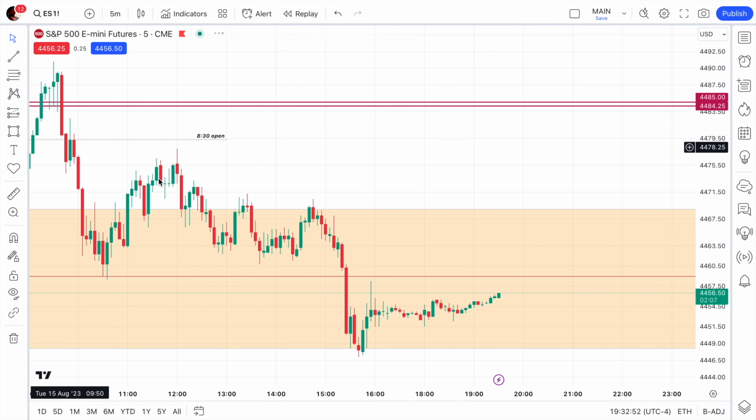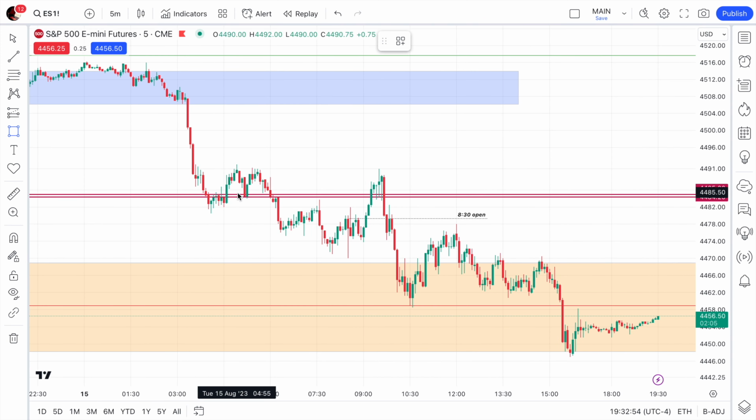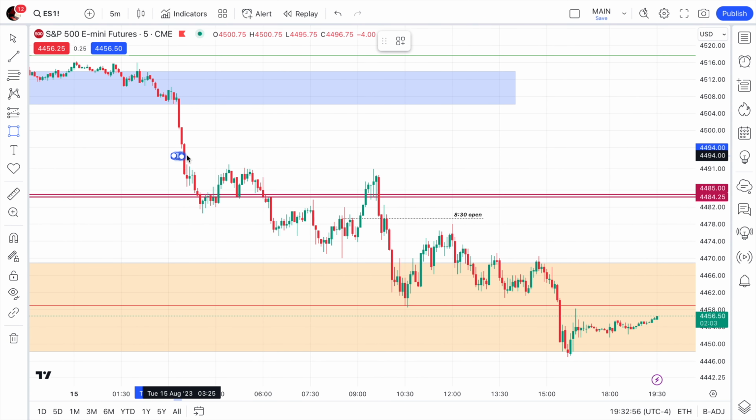So back down to the 5-minute time frame. You see we have a 5-minute shift in market structure after the 9:30 opening when everyone's trying to get long. They're chasing the movement higher, and they swiftly get taken out. So after we get that displacement here and that market structure shift on the 5-minute time frame,